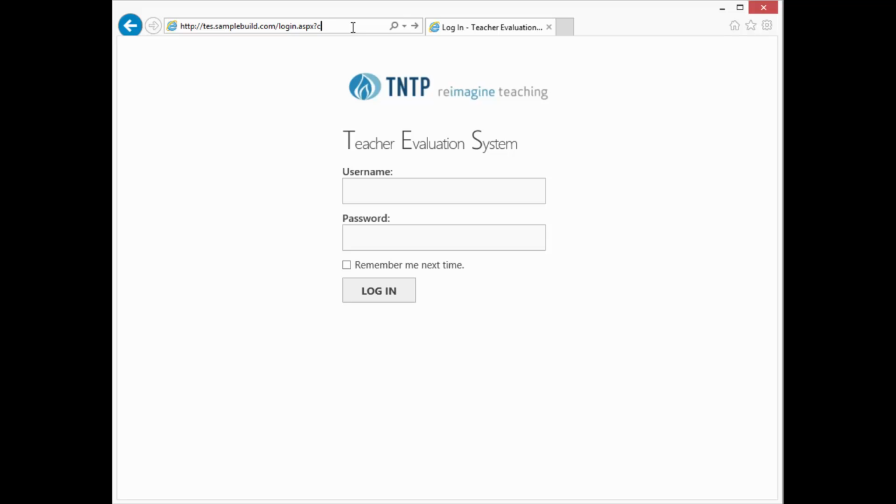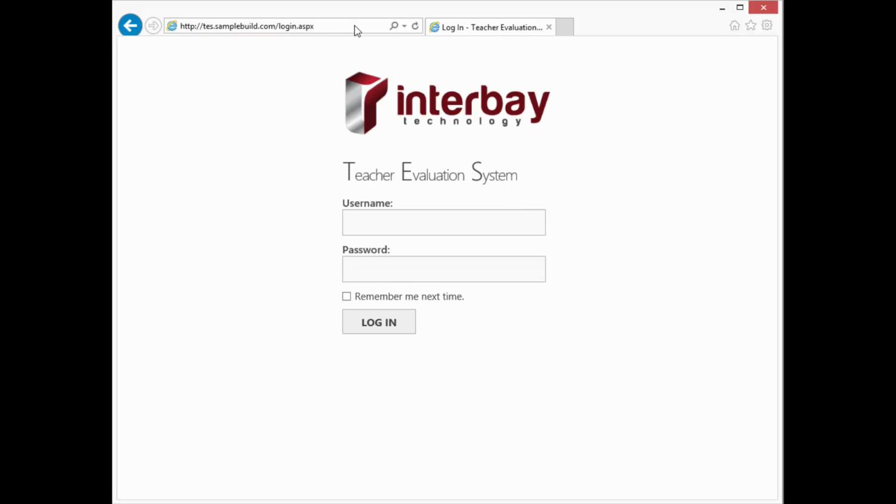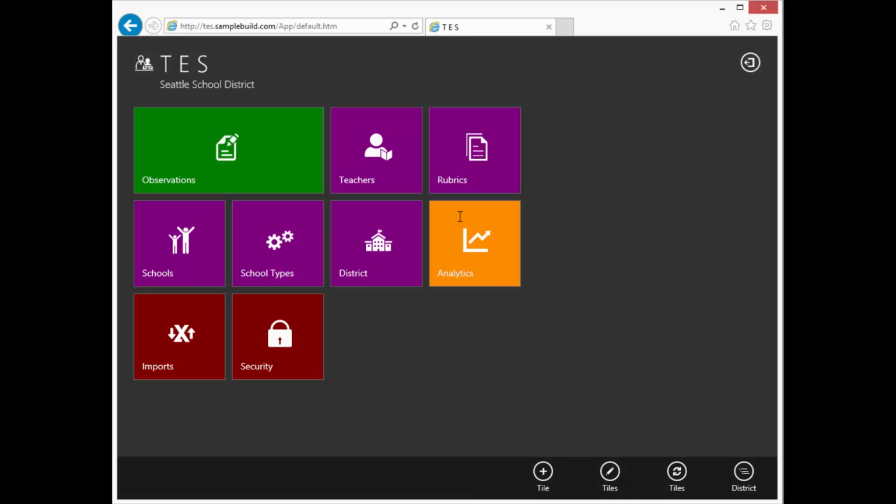So let's just go ahead with default. I'm going to log in as a global administrator, which means I will have access to all tenants and being able to choose which one. And you'll see the power behind this very shortly. So let's log in. Right away you'll see we're using the new tile system, and it may seem kind of busy,